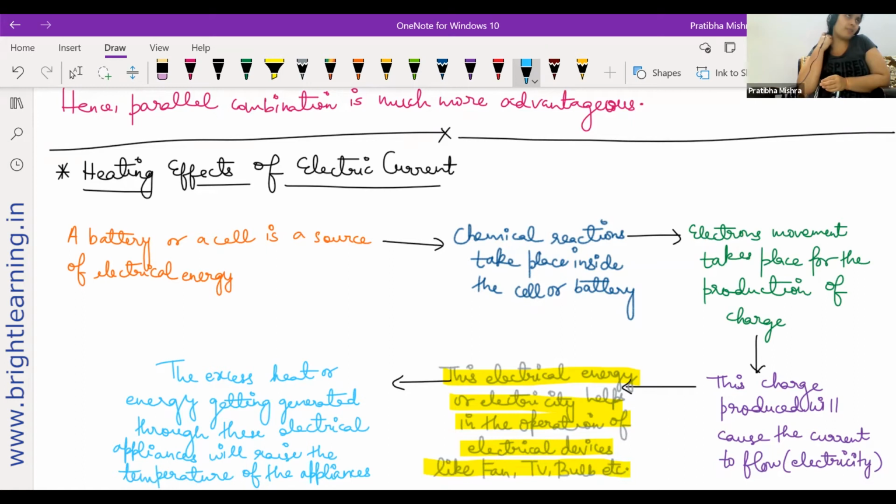Now you will tell me that the bulb or the tube lights, right? Let's take a bulb. If you keep a bulb switched on for a long period of time, there'll be a lot of heat. The bulb will become hot. Just try touching it once. The glass of the bulb will be too hot. Then how is it managing to give the light even if it's too hot? Because of a metal called tungsten.